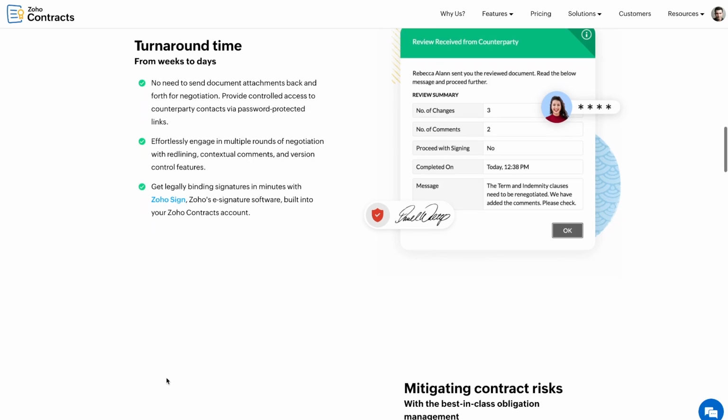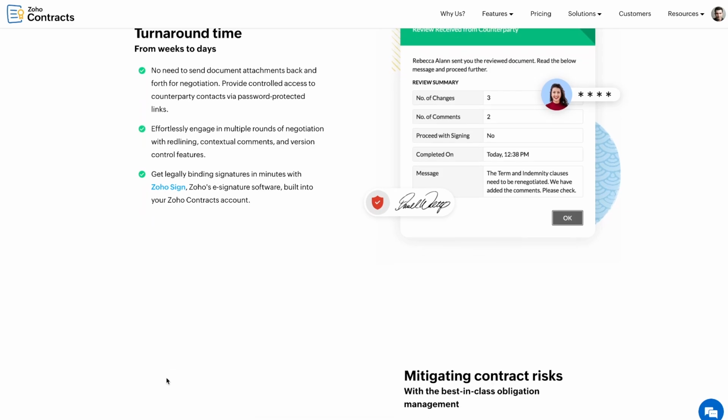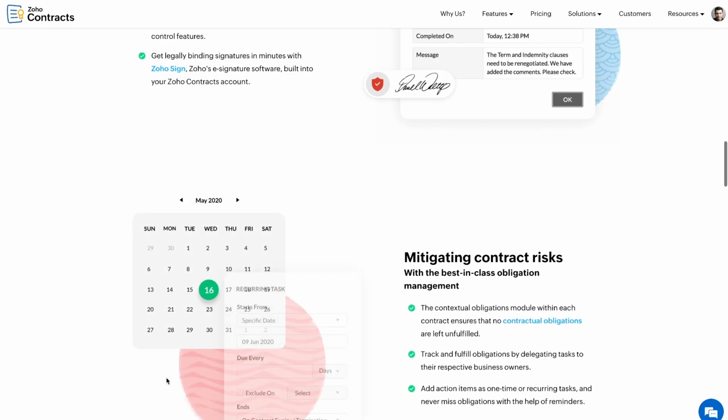so that you can come to an agreement and get it signed. You can think of Zoho Contracts as what you'd get if Zoho Sign and Zoho Writer had a baby, because in the same way that you can go into a word processor in the cloud and highlight things and make edits and suggestions, and then track all of the edits that have been made over time, you can do that with Zoho Contracts. With Zoho Sign, when you send it out, there's no highlighting a clause and saying, hey, I don't want this. There's no option to do that. So if you have longer negotiation periods after you send out an agreement,